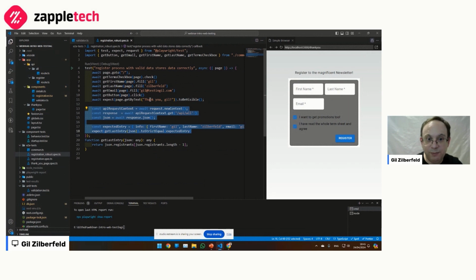But now our web test also includes calling APIs. And if there wasn't an API, we'd need to find some way to make sure that what is important for us not only appears on the screen, but the data is actually there. So it's data, it's state changes, whatever it is. Even if it's not on the screen, we want some access to that. And web tests do include that as well.